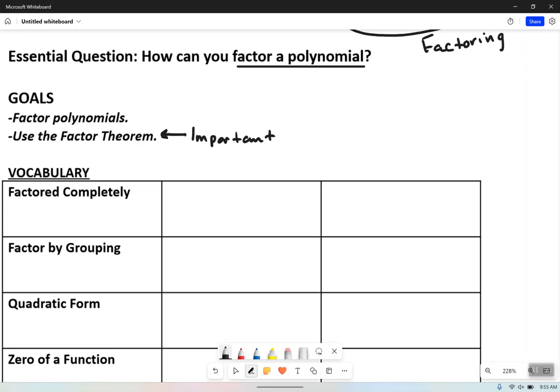Now, guys, I don't want you to lose sight of what we've been doing. Synthetic division is going to pop up again a lot in this. Not so much today, but on Monday when you watch the rest of this, it'll show up quite a bit. So let's get some vocab down here before we go. Guys, factored completely is a polynomial